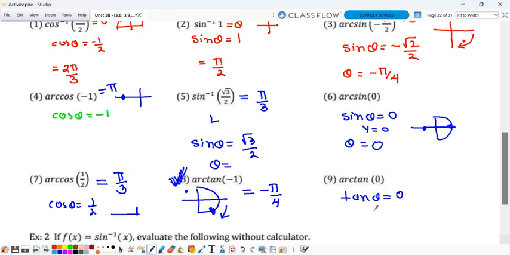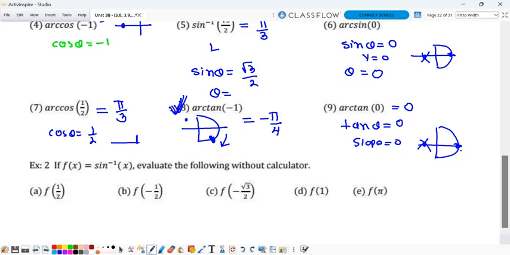Tangent theta is 0. Let's review. This is for slope is 0. Slope is 0 on east and west. But tangent inverse is this side. You cannot go to the west. Answer is 0. Same thing. You can't go to the west. Answer is 0. So you can pause the video again and let's try all these answers without